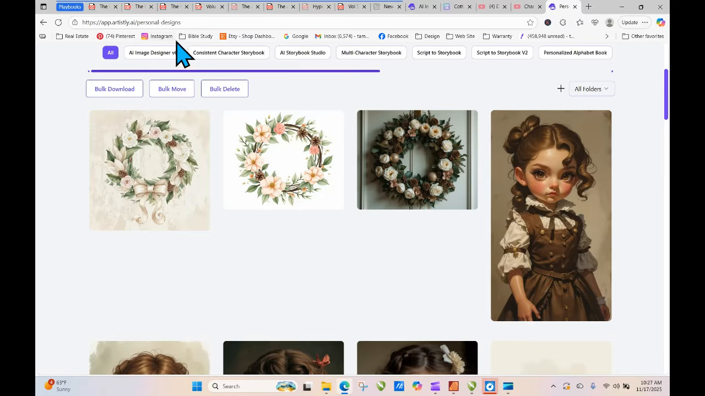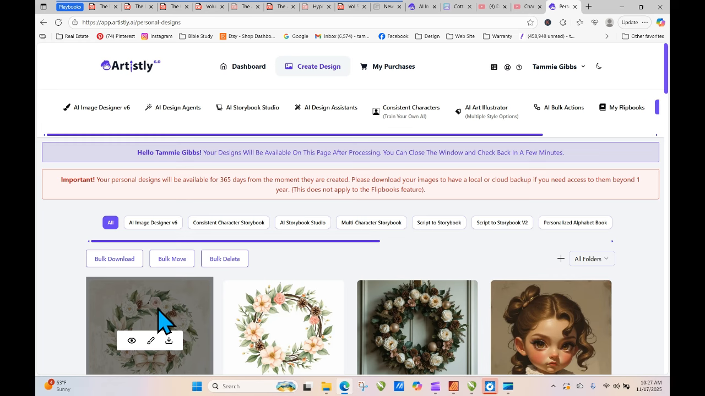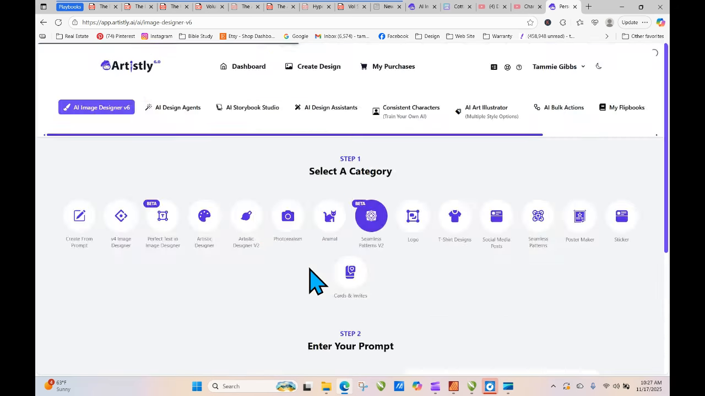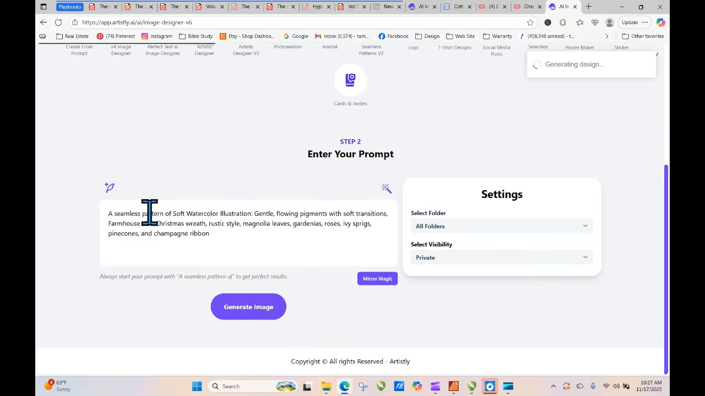Okay, so let's pop back up. And of course, seamless patterns. You can do seamless patterns. And if you're going to do seamless patterns, let me just go back in and show you. Okay, if you're going to do a seamless pattern of, then you would want to paste your prompt here afterwards. So we can actually use that and see what it does as a seamless pattern of,